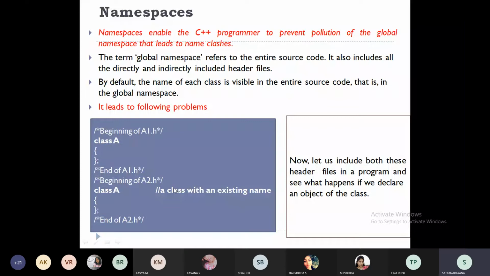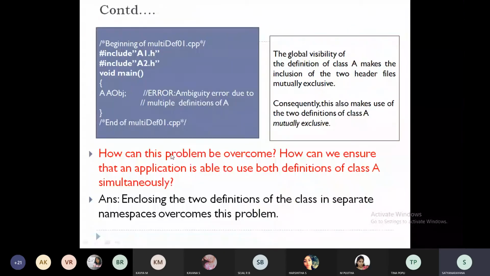Suppose in a program I include both a1.h and a2.h, and I create an object of class A. This is where the problem will come: whether it has to take class A from a1 or class A from a2. So ambiguity will come into the picture.